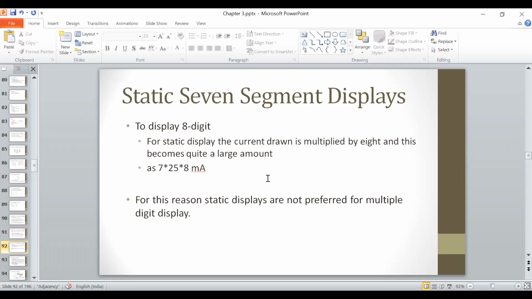पावर इन द केस ऑफ अ electronic device. And if we provide such a high power then lots of heat will be dissipated which we cannot tolerate in the case of embedded system devices. So this is a major issue with the static 7 segment display that it consumes lots of power. So that's why it is not very much preferred in multiple digit display। तो जहाँ पर हमें